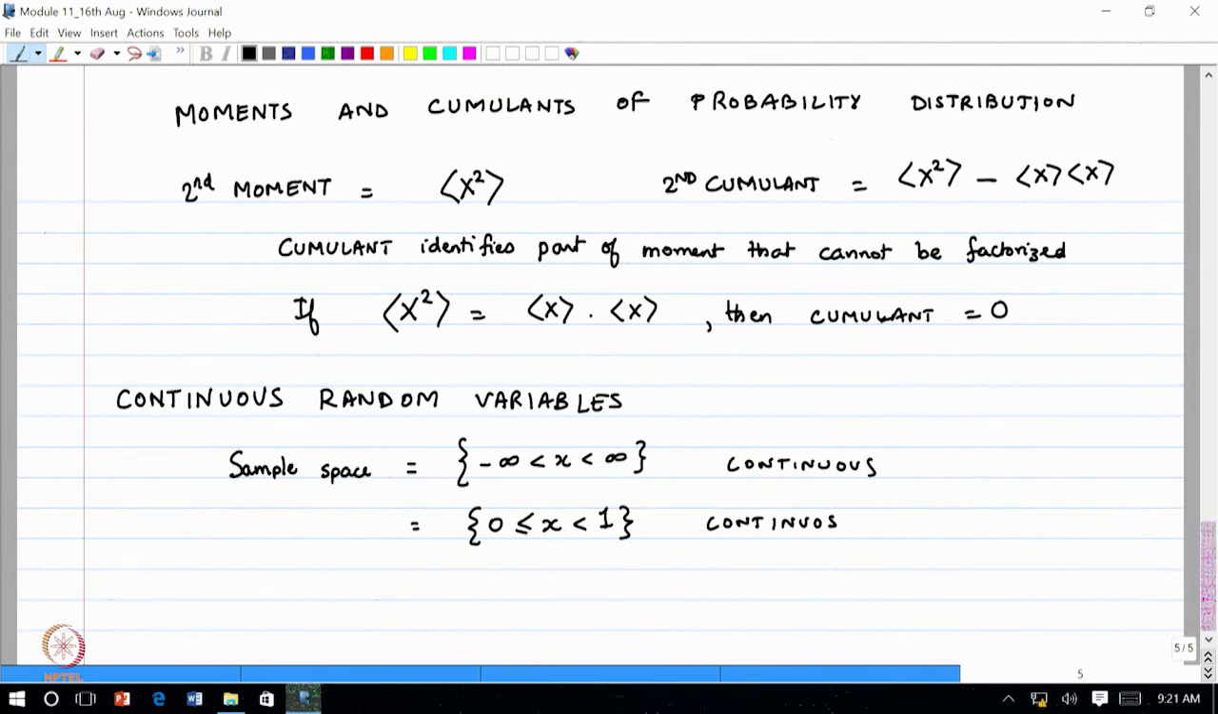So you do not have only a finite number of values, you have an infinite number of values between 0 and 1. So the number of outcomes becomes infinite. So the number of outcomes is infinite, or the sample space is continuous. In this case, what is done is you define